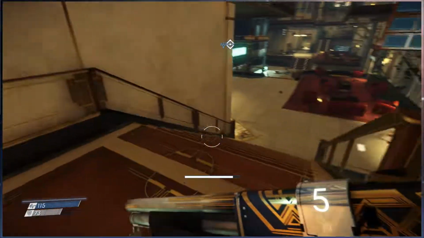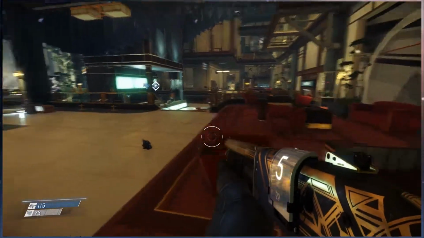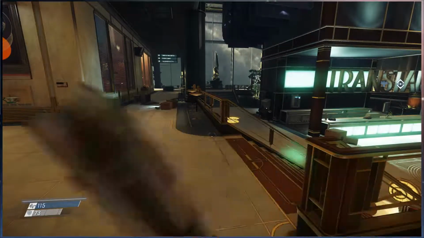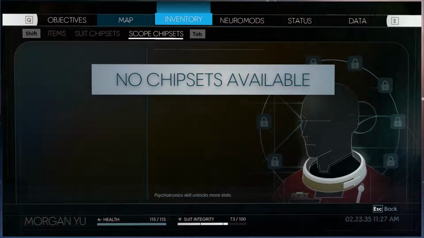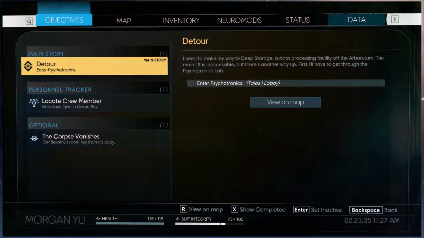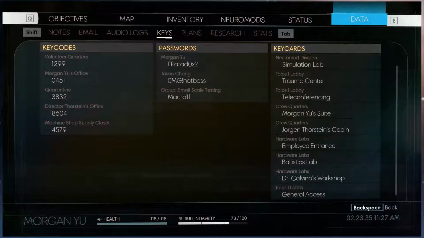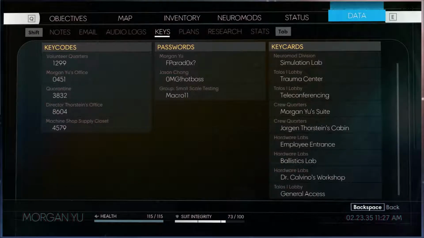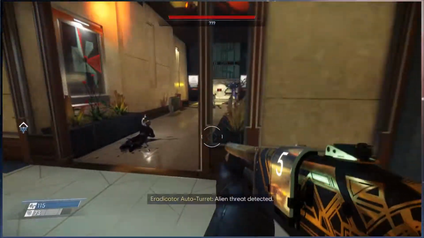I don't know necessarily that the key he gave me unlocks anything else, but I don't even know. Can I actually check to see what that was? Suit chipset, scope chipset. Still don't know what the scope is. The tutorial thing has not covered that yet. There's got to be a thing in here for keys. Key codes, passwords, key cards, SimLab, Talos Lobby, general access. So there's probably going to be a couple of things that I can now...